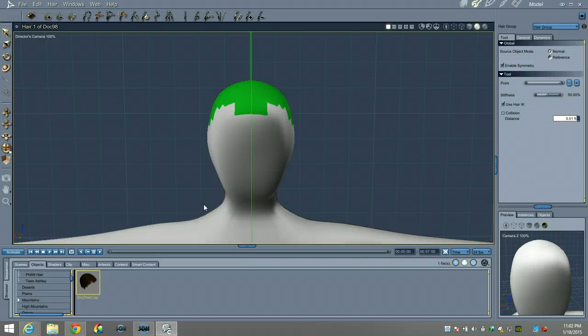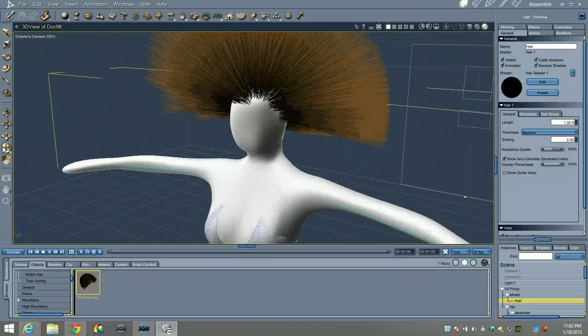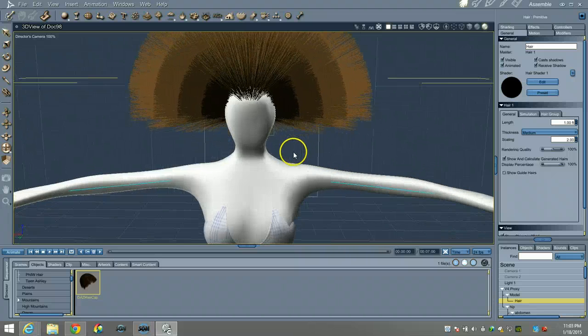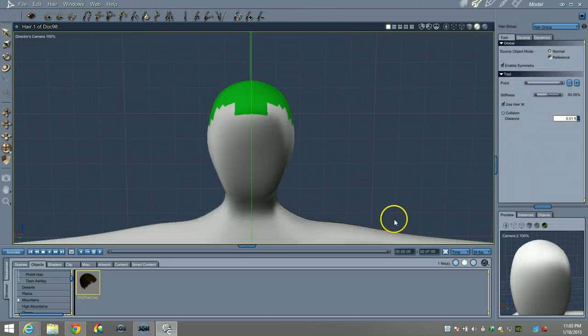All right, in this next section, we're going to talk about the guide hairs and what they do and why they're important. Again, if you flip back to the main scene, we've got all of this hair that's going to be rendered or renderable, visible in our scene, but it doesn't know where to go. It's sort of just sticking up everywhere. And if I ran a hair simulation just on this, it would just fall wherever it liked. It might tangle up with each other. It wouldn't know where to fall. And so we're going to do some guide hairs to help guide it or tell it how we want it